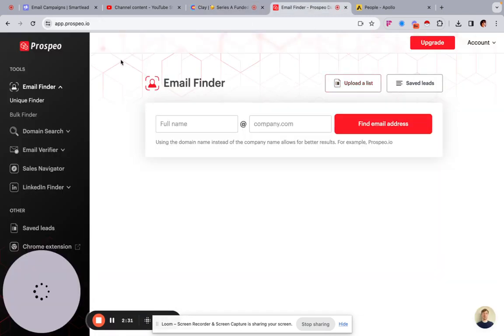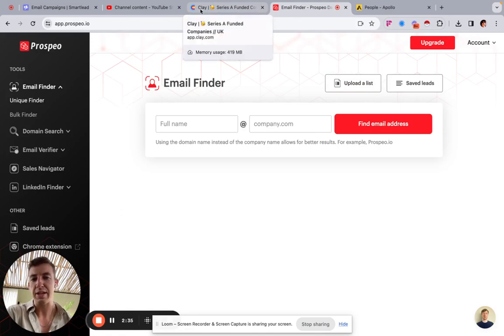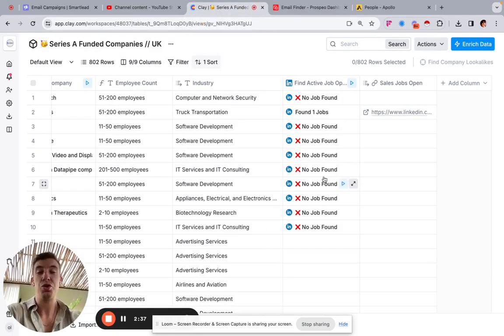The pricing on Prospio is pretty good, if I remember correctly. I think for 20,000 leads, it's like $199 a month or something. 20,000 credits. And it's pretty good. The verification rate is pretty good for Prospio, so I would highly recommend getting Prospio. And I would also highly recommend getting Apollo. If you enrich things within Clay through Prospio and Apollo, you're going to save yourself a lot of credits, which means you can use those credits for a lot of other stuff like